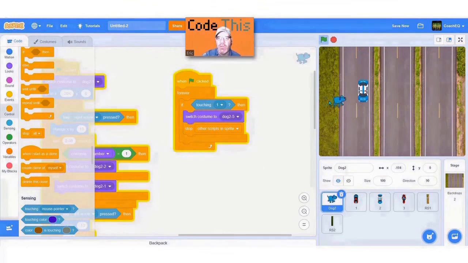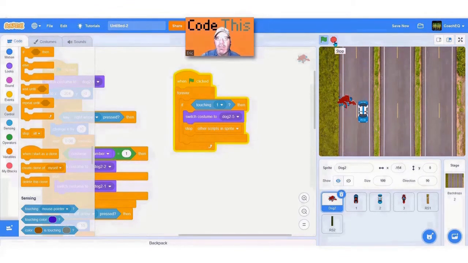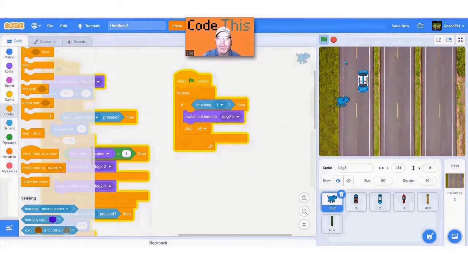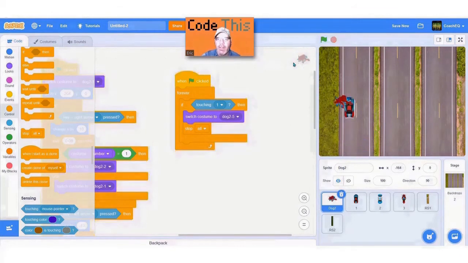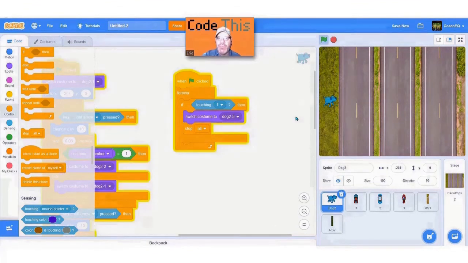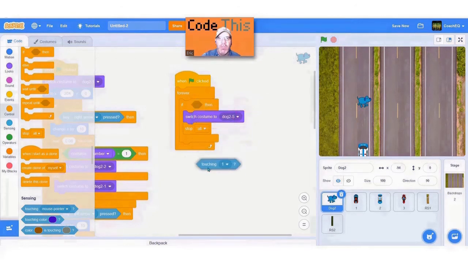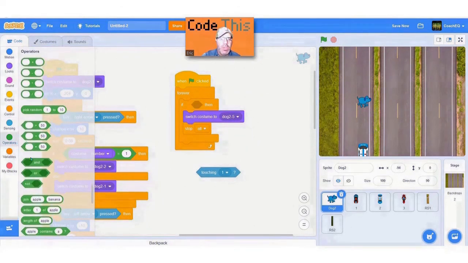Let's see, he's going across, and boom, okay, he gets hit. Maybe we want to stop everything. He's going across, and boom, he gets hit. There we go. We'll just stop all, okay? Now everything's stopped. Now, as you can see here, it's good for that one, but if he's over here and gets hit, nothing happens. So all we have to do, real easy, move this out of the way,